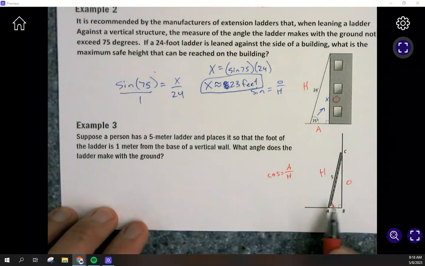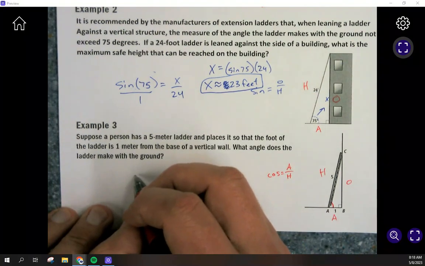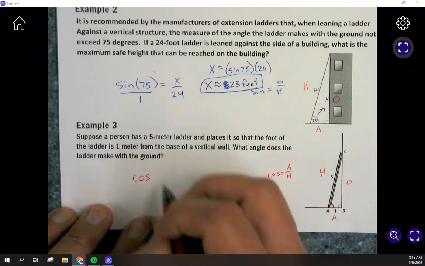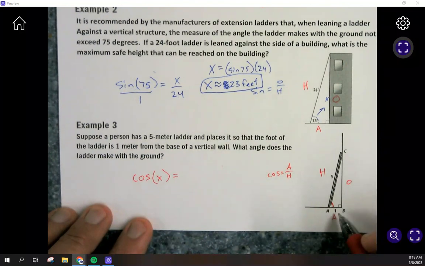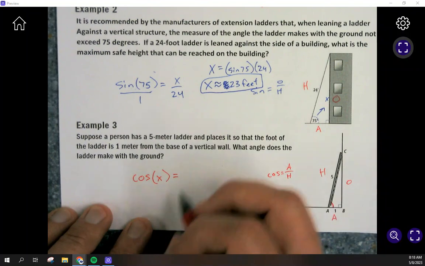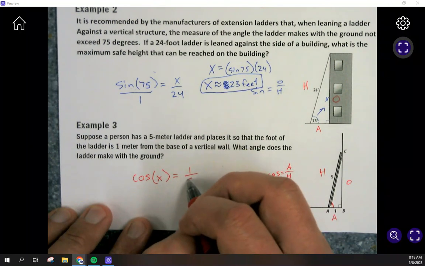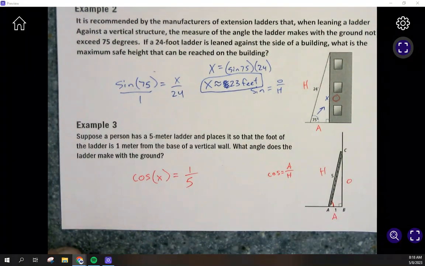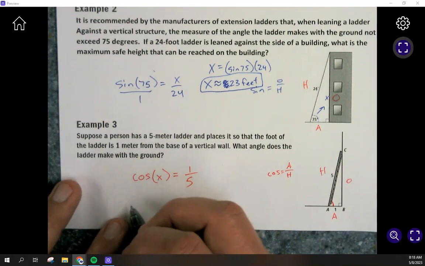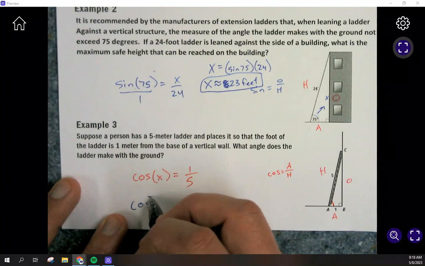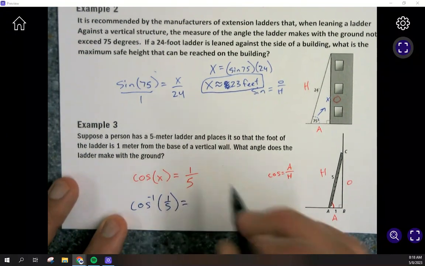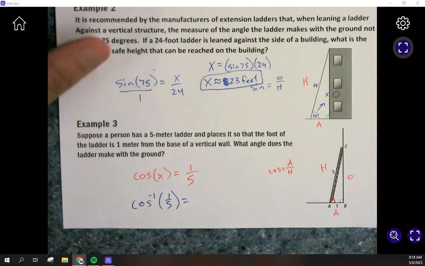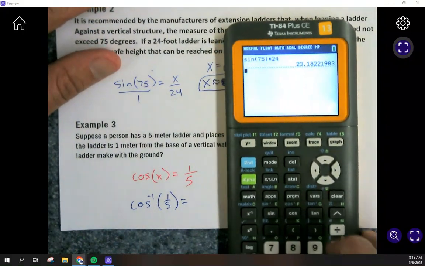All right, and then since I'm trying to find the angle here, cosine of x equals adjacent over hypotenuse, 1 over 5. If I want to solve for x, I need to flip-flop the x and the 1/5. And so when I do that, it becomes cosine to the -1, 1/5. And when you plug that in, we talked about this in the last lesson, you're not going to raise